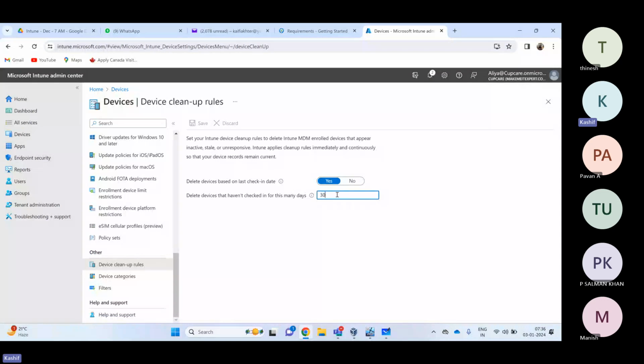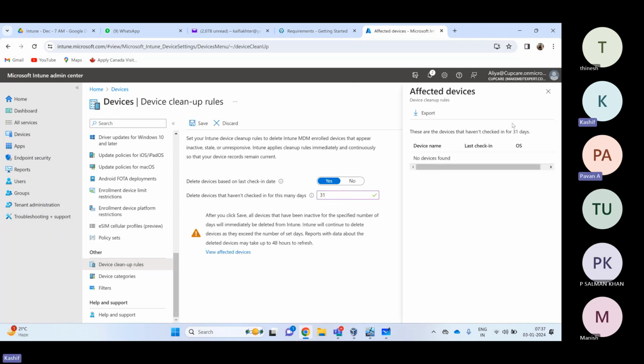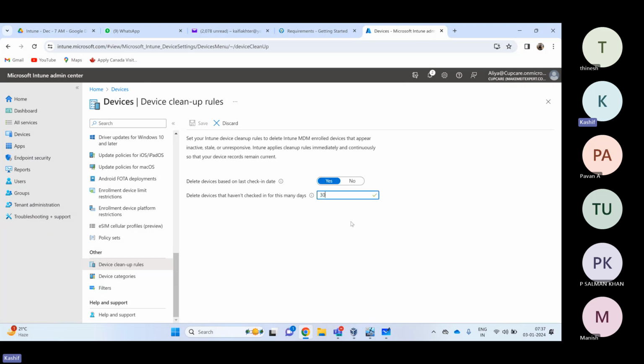So automatically the devices which are stale devices, which are no more communicating to the Intune portal, after how many days should they go away from the Intune portal, after 30 days or 45 days, whatever it is. Okay, so you can give the date and view affected devices. I don't have any affected devices, so all of them are within 30 days. Okay, so 30 days is the minimum. You cannot give 29, minimum 30 days. Okay,